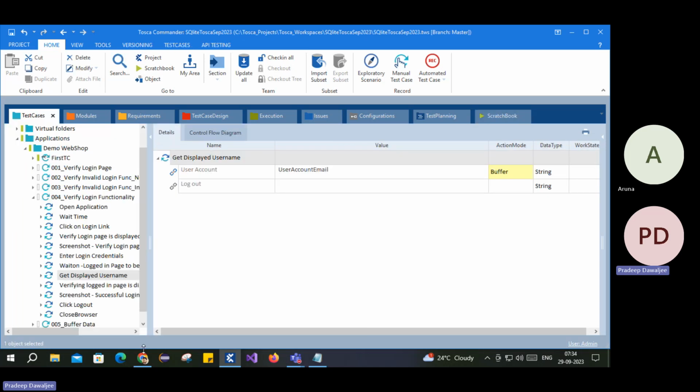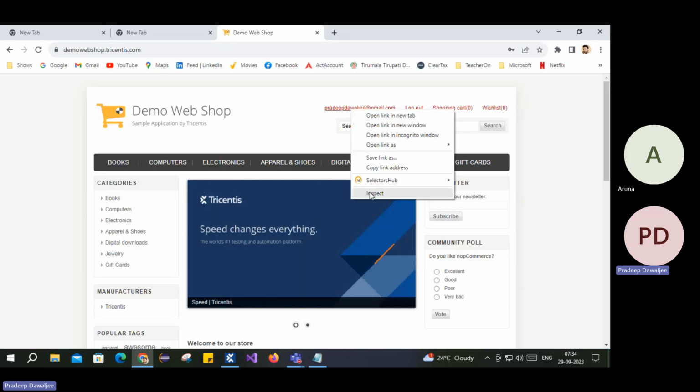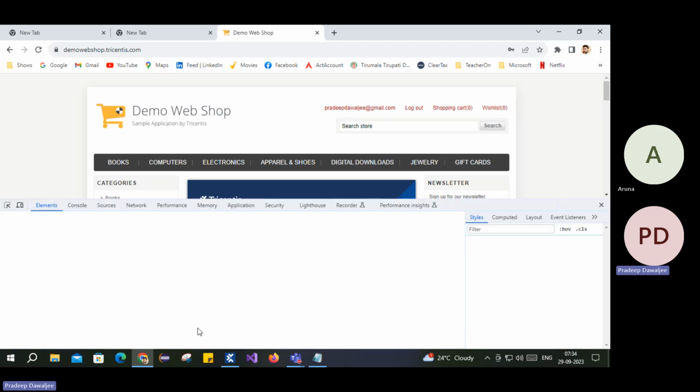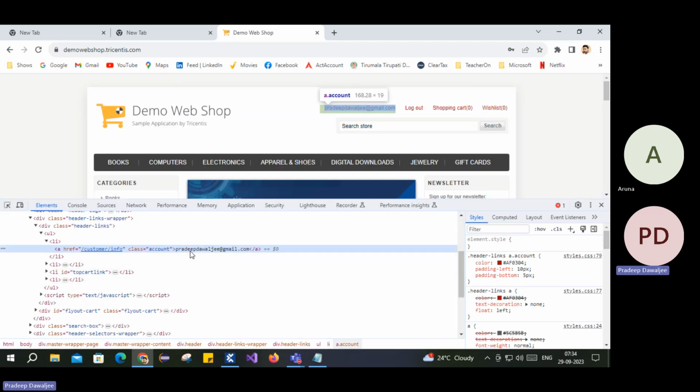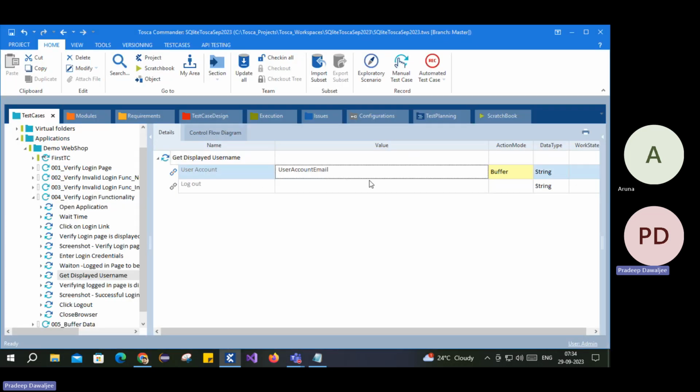Sometimes you might still find this value over here, but when we say just buffer of that in the value section, we might not be able to get it. So why we are getting it currently here is, if you see the tag of that, it is inner text. These are nothing but, in the tag, between the opening and closing of the tag, there's a text. So this is nothing but an inner text. By default Tosca would take the inner text value, and when we are buffering it, it refers to inner